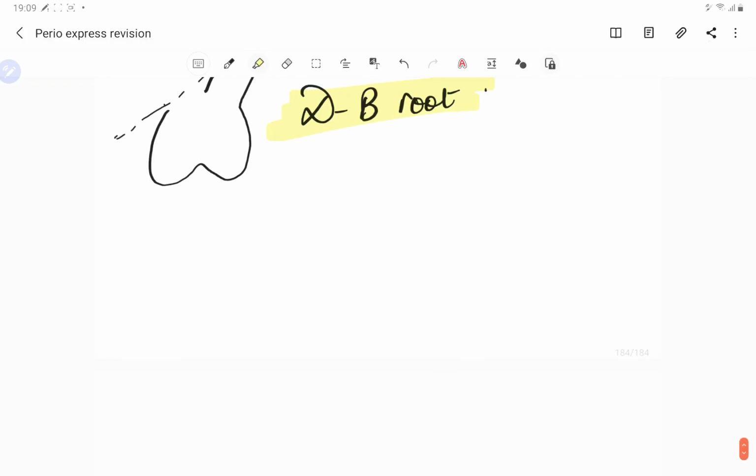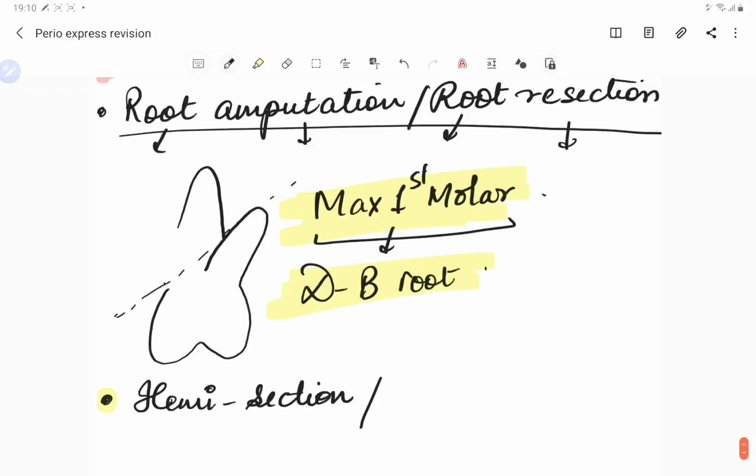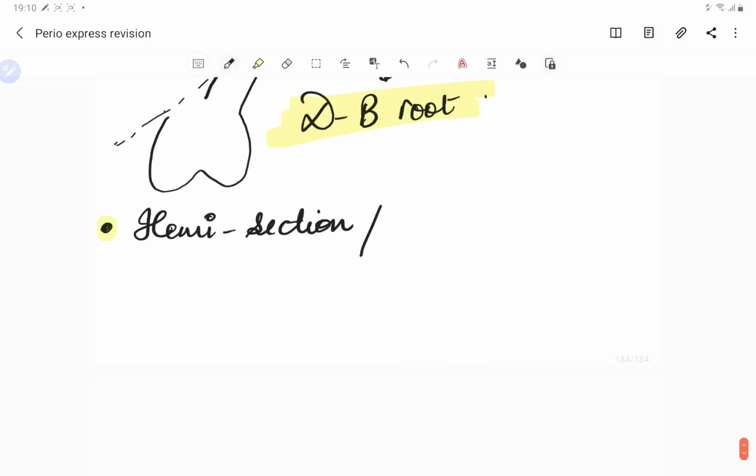Now guys, the last one we have is hemi-sectioning. So hemi-sectioning, we are sectioning it. It is not removal. I am not saying removal. It is just the section. We are just dissecting it, separating it and keeping it. We are not removing it. There is no extraction involved. While on the other hand, in root amputation or root resectioning, we were removing it. But in case of hemi-sectioning or bicuspidization,